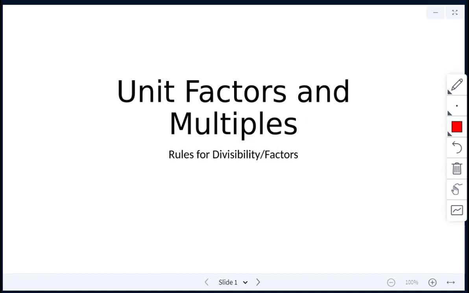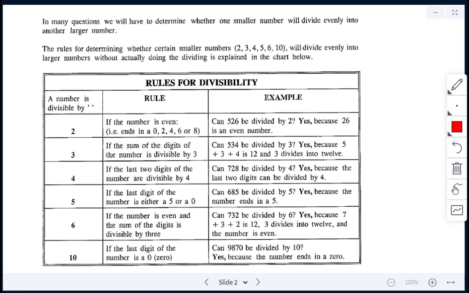All right, so our next unit is called factors and multiples. And what we're going to look at today are rules for divisibility as well as factors. You do get this chart in your modules, and it basically gives us rules for divisibility if a number is divisible by 2, 3, 4, 5, 6, and 10. Just to make it a little bit easier when you're looking at numbers and trying to figure out what numbers